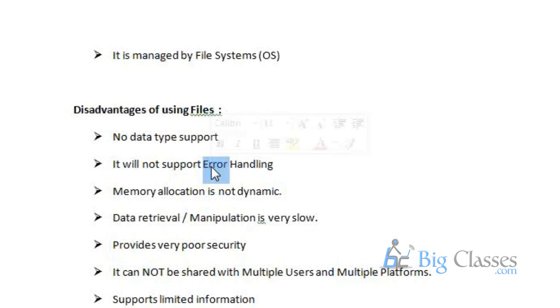Such error handling or exception handling is not possible with the file system. Whereas with the RDBMS, like Oracle or any kind of database, we have a separate mechanism called the exception handling mechanism. So this is one of the advantages